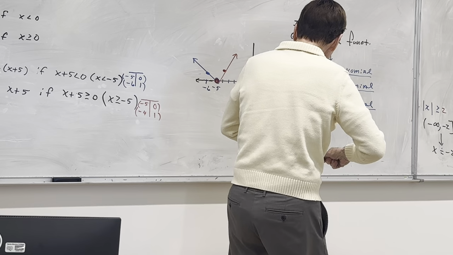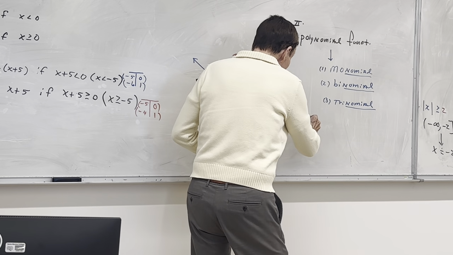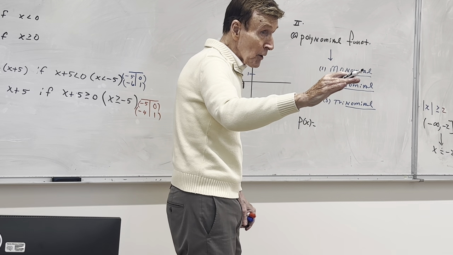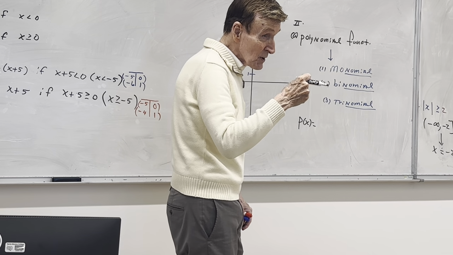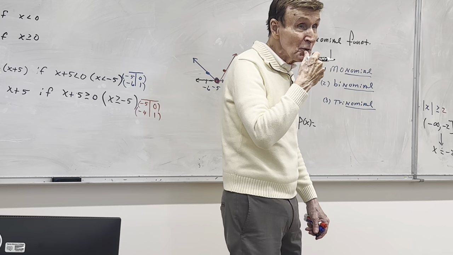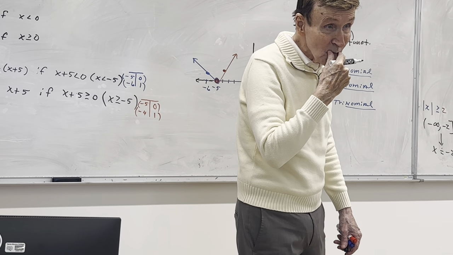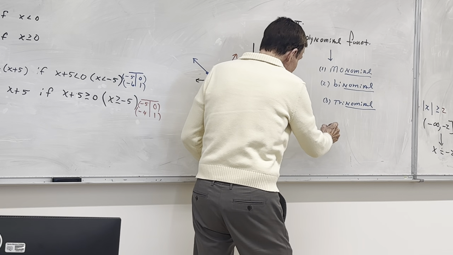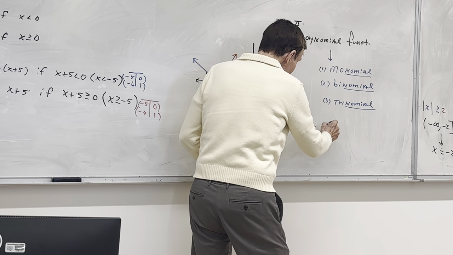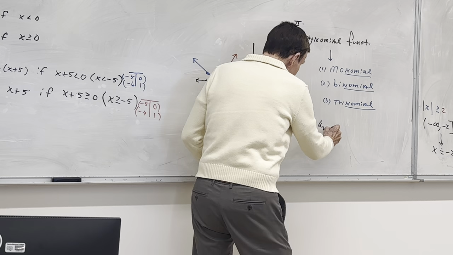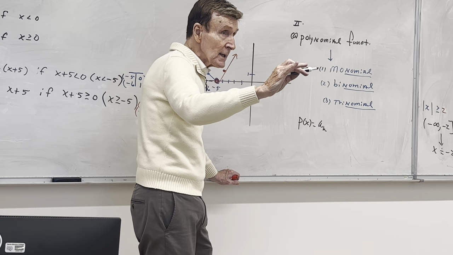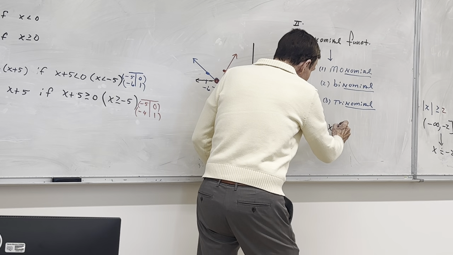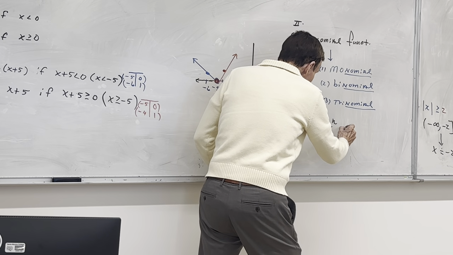That's where I need now a student to read for me. And I know it's going to look strange, and I'll help you out as I write this. The definition on the handout for a polynomial function. Shane, go for it. P of x is equal to a subscript n, x to the power of n. Okay. Plus